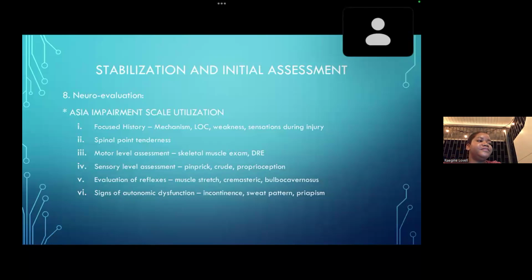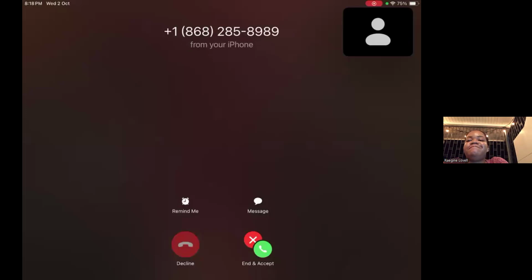Right. So we continue to where we are doing the more detailed neuro evaluation of the trauma patients. So in addition to motor and sensory assessments,